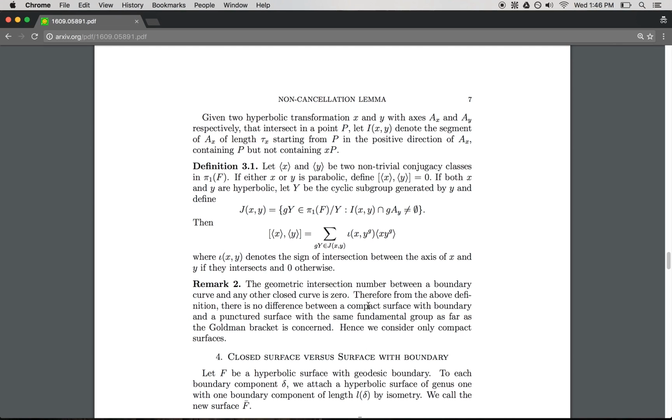Then the Goldman bracket of angle bracket x, y is equal to the sum of G times Y, which are elements of this function J of x, y,